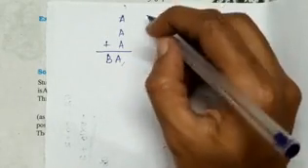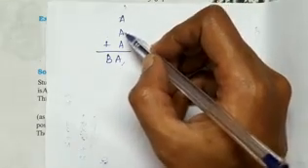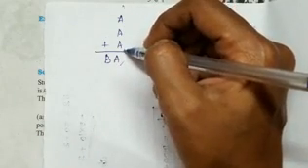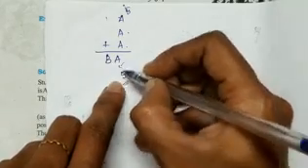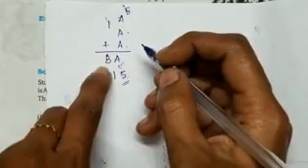So let's check if the value of A is 1. 1 plus 1 plus 1 is 3. That is not correct. Then 2 means 2 plus 2 plus 2 is 6. That's also not possible. Now let's check 5. A for 5 means 5 plus 5 plus 5 is 15. So we can write the 5 here, remaining here, isn't it? So A may be 5. So here also you will get the same digit in the answer. Then remaining 1. So here the B is 1. Answer is 15. That means the value of B is 1 and the value of A is 5.